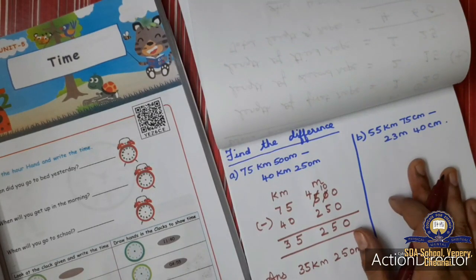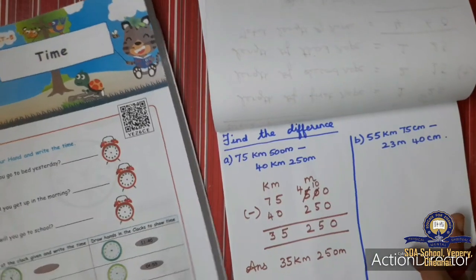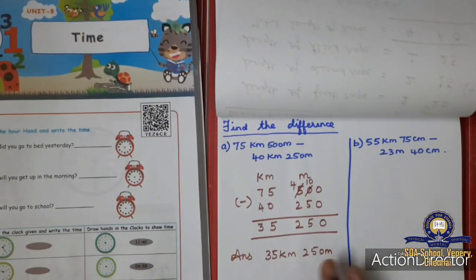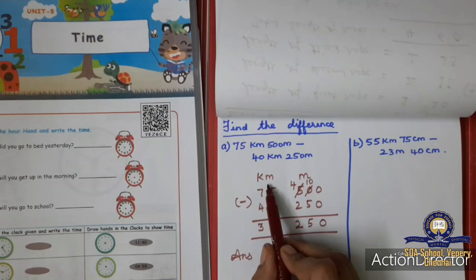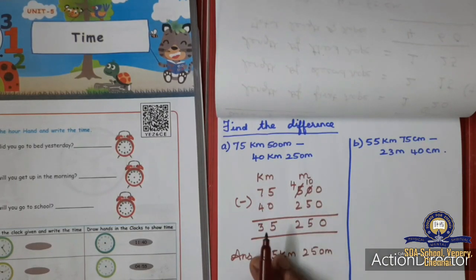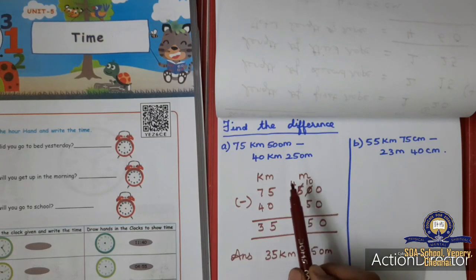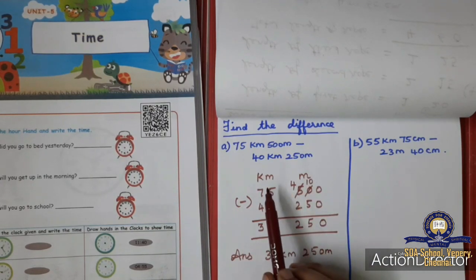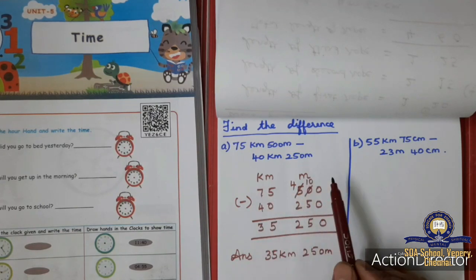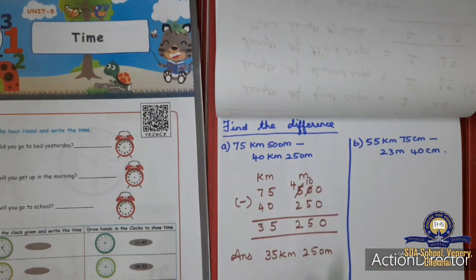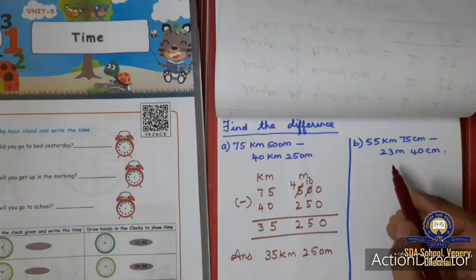Shall we move on to the next sum? See, simple subtractions only. Already we have learned how we are going to do subtraction, addition, multiplication, division. Everybody knows how to do. The same thing is you are going to write the units. The last line, the last numbers we were writing the place values ones, tens, 100, 1000 like that. In this we are just going to write the units, kilometer, meter, centimeter, millimeter. That units alone we are going to write. Okay. The next sum is